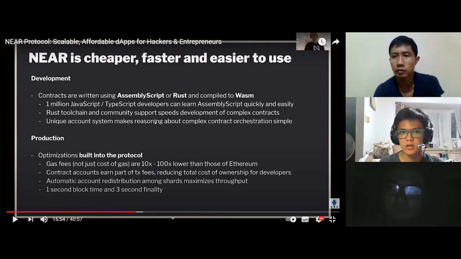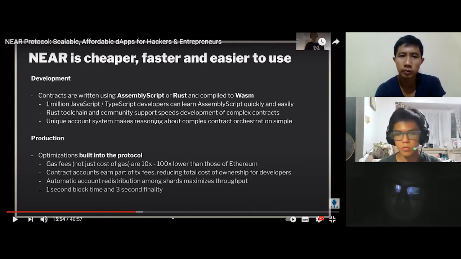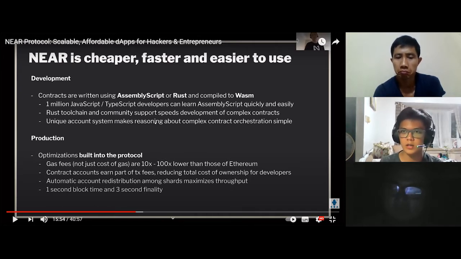Whereas with Near, the gas fees are a lot lower. Like for example, if transferring through the Ethereum blockchain might cost you maybe $5, Near maybe 0.1 or less. So that's to give you a basic comparison.